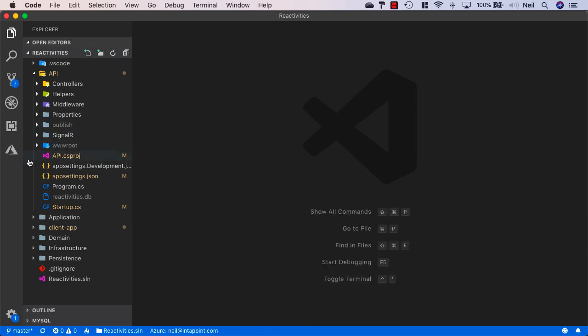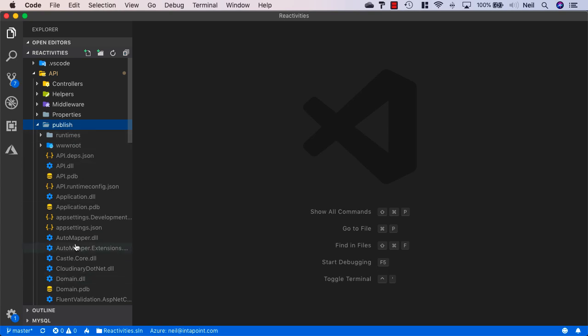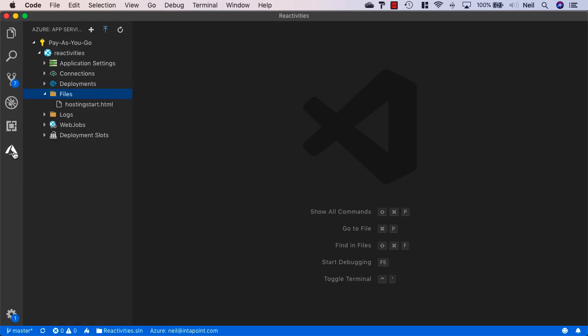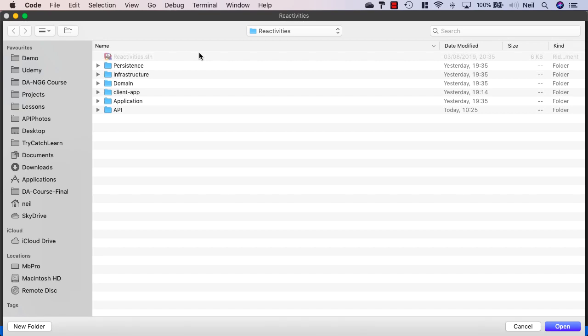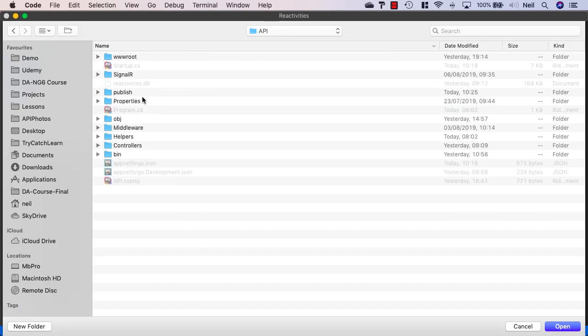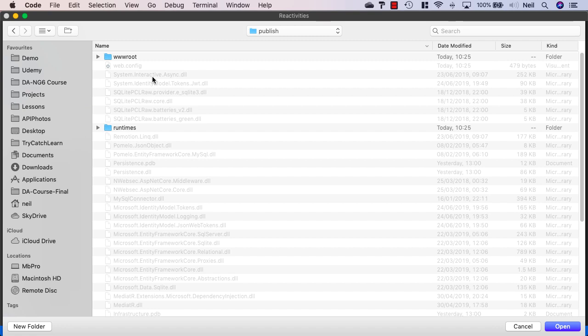The next step we need to do is get the code inside here up to Azure so that we can then run and see our application. So I'm just going to click back on the Azure extension, and click on this upload button which deploys to our web app. We want to select the folder to deploy, so I'm going to click on browse, and go inside our API folder and click on the publish folder,